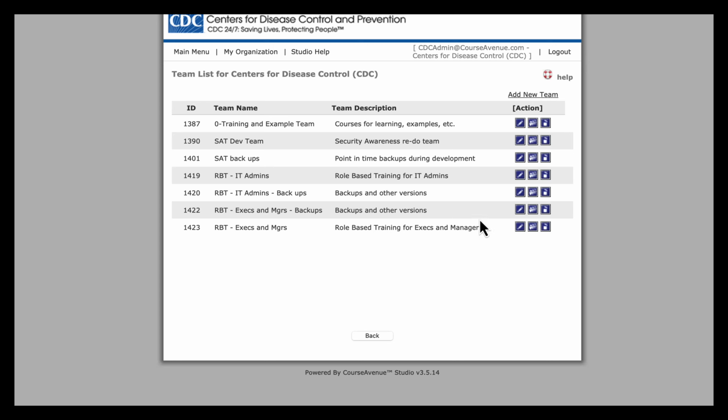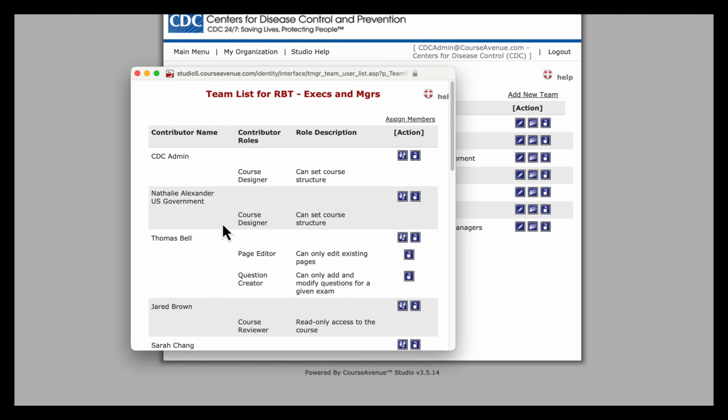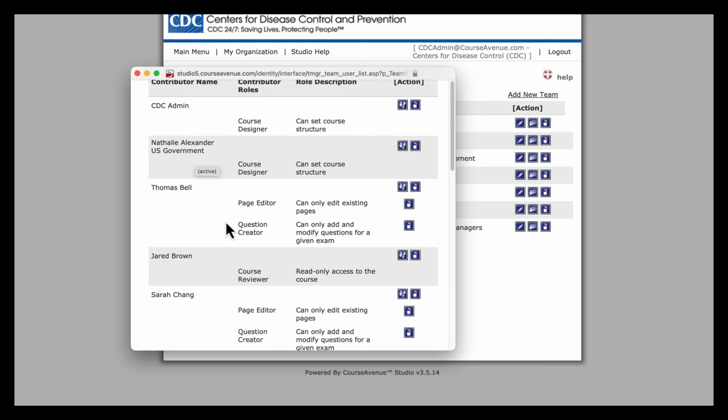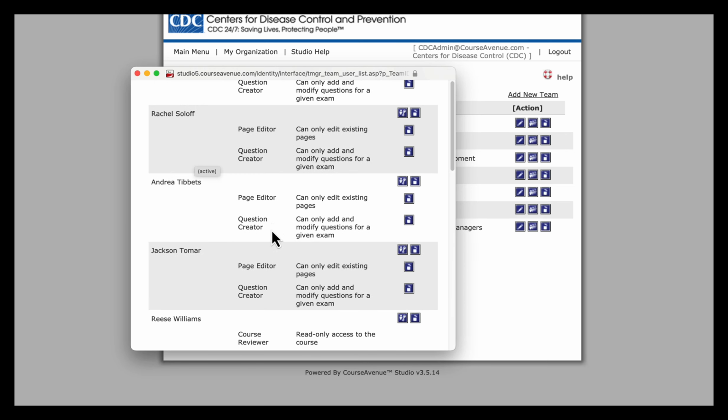Well, like in this case, I'm going to pick this one team down here. We have a group of executives and managers, and we wanted a bunch of people's input, so we set up a team. We're building this new course for them, and we, CourseAvenue, are on the team, and so are some other people. I'm not going to go through all the gory details, but there's a lot of people that just have